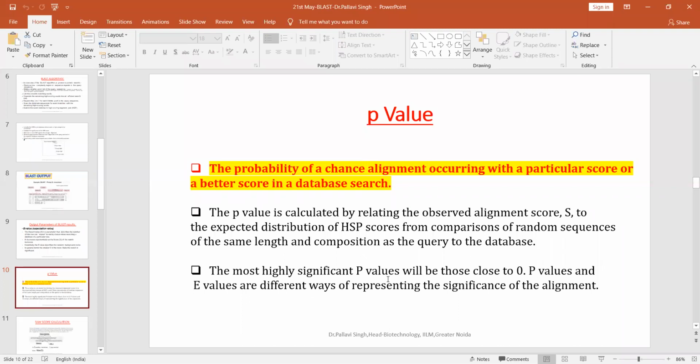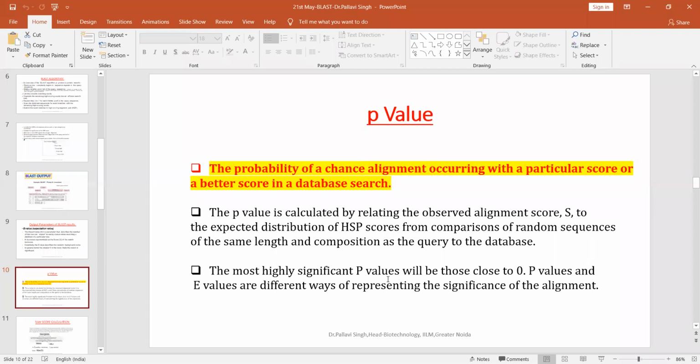So p-value is calculated by relating the observed alignment score S to the expected distribution of high scoring segment pairs and by comparing random sequences of the same length with my query. So if it is a good alignment, p-value should be equal to 0. Right? You want that your score should not be based on a random alignment or chance alignment.